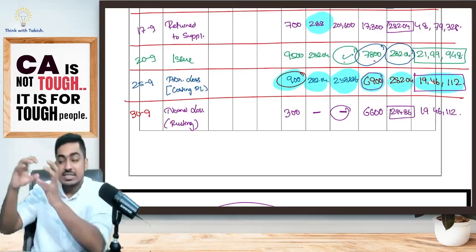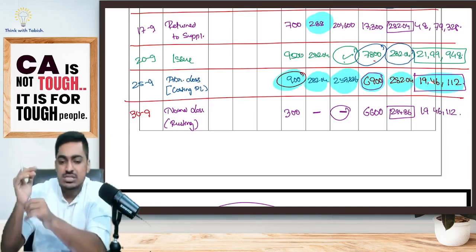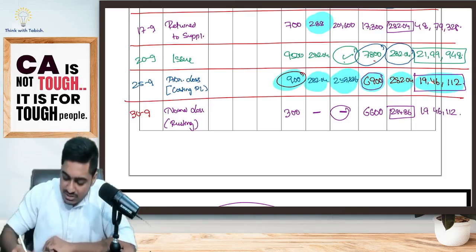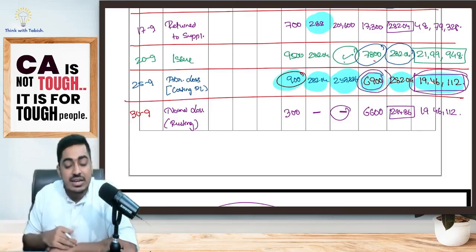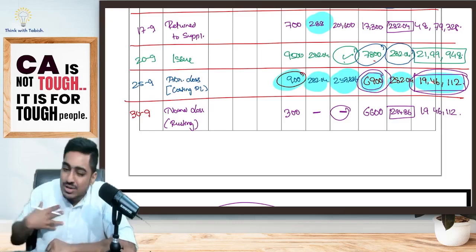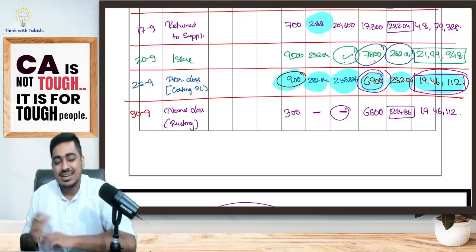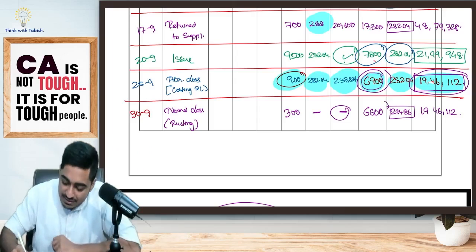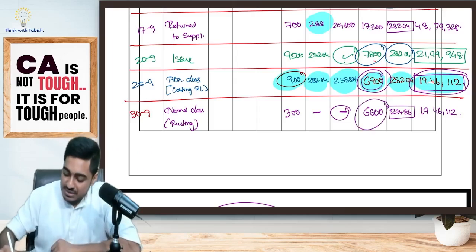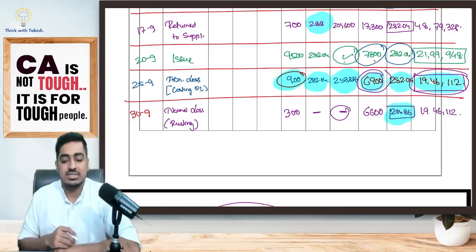Pay attention, everyone. I had purchased 6,900 units. But tell me one thing, students: for 6,900 units I paid 19,46,112. Is it possible for me to use the full 6,900? No. Before itself I know that even though I am paying 19,46,112 for 6,900, 300 will go off as rusting. Effectively, I will get only 6,600. That means this 19,46,112, effectively I have paid for 6,600 units. That means per unit it is 294.86 or 87.